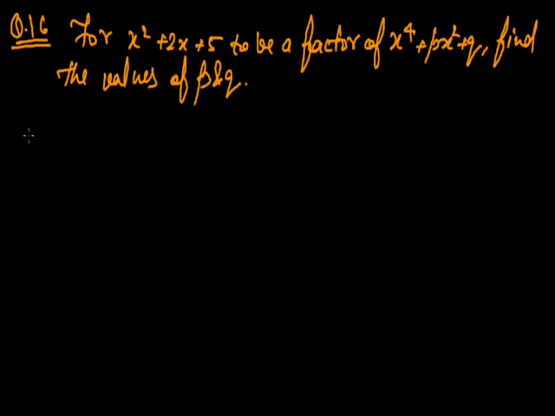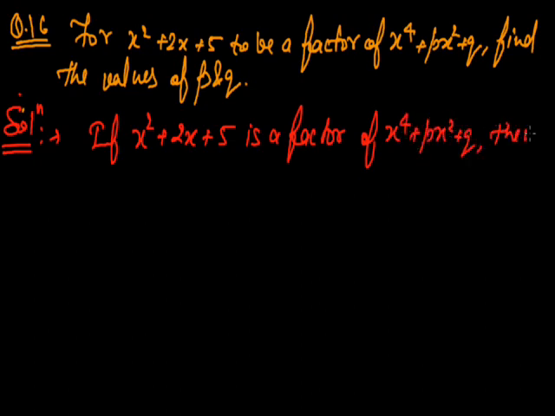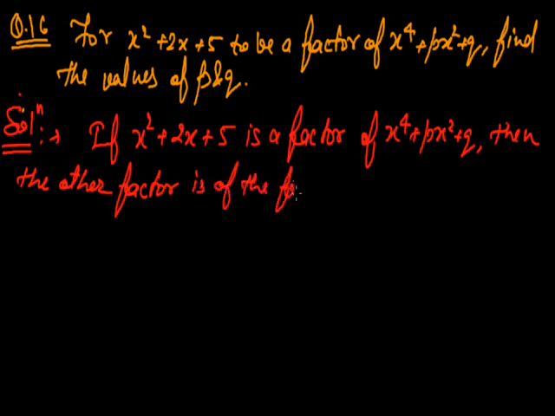Let us try to solve the above question. If x square plus 2x plus 5 is a factor of x raised to power 4 plus px square plus q, then the other factor is of the form x square plus ax plus b. So we can say that